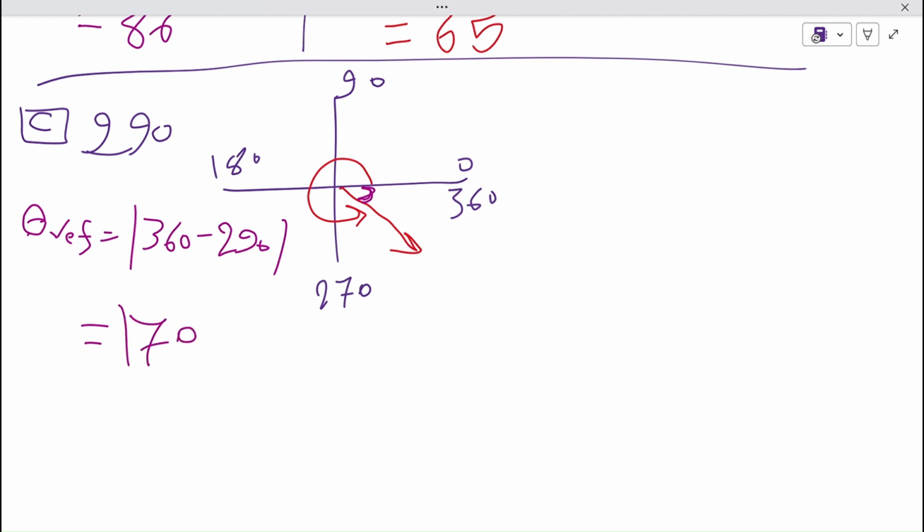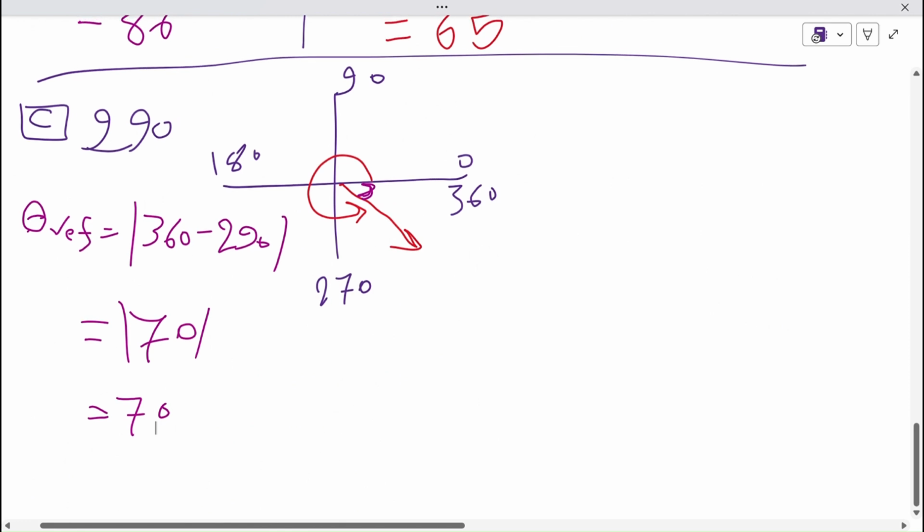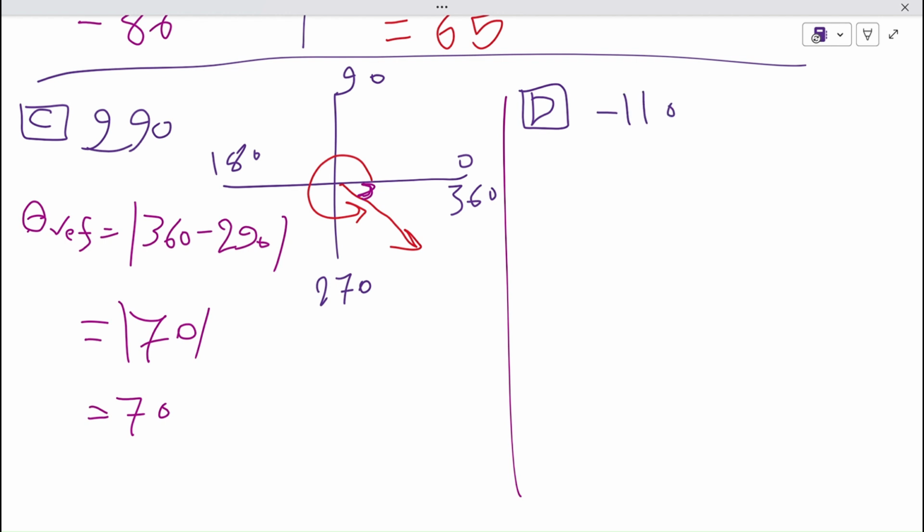Okay, let's solve another one. Another one is D. Our angle is negative 110. So negative 110, guys, 110 is in the second quadrant. It's here, right here. So in the second quadrant, the reference angle is equal to 180